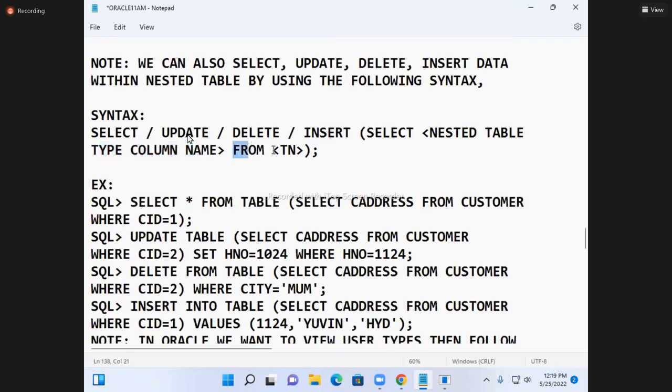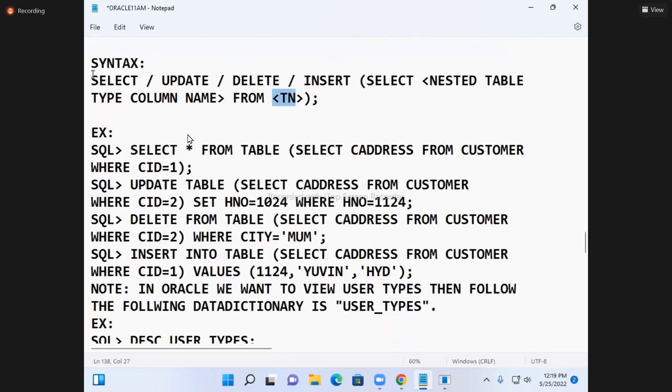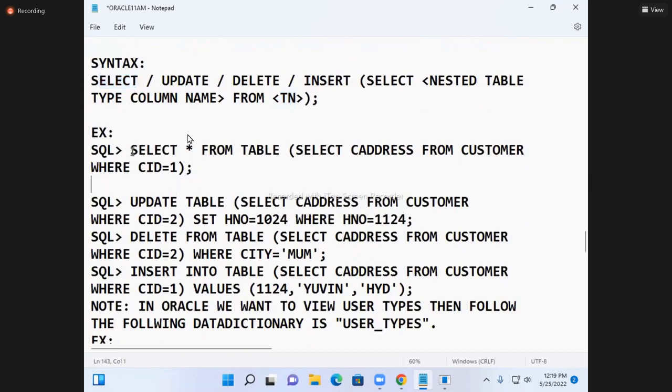And from which table? Customer table. Okay, now, this is the syntax. First, I will show you the select command, how to apply. Select command I'm going to apply here. How to apply? Select star from table of